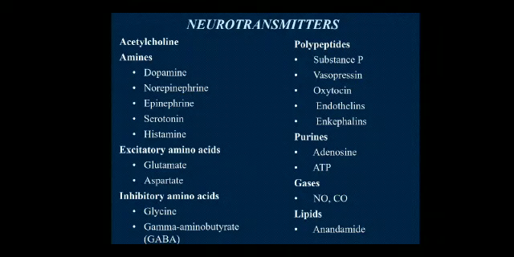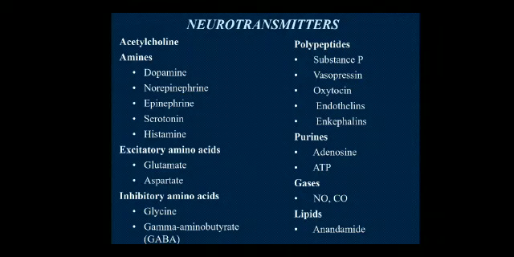Then the amines: dopamine, norepinephrine, epinephrine, serotonin, histamine, and excitatory glutamate and aspartate, whereas inhibitory neurotransmitters are glycine and gamma amino butyric acid. Gases like nitric oxide and carbon monoxide, and polypeptides like substance P, vasopressin, oxytocin, and endothelin. All these are examples of